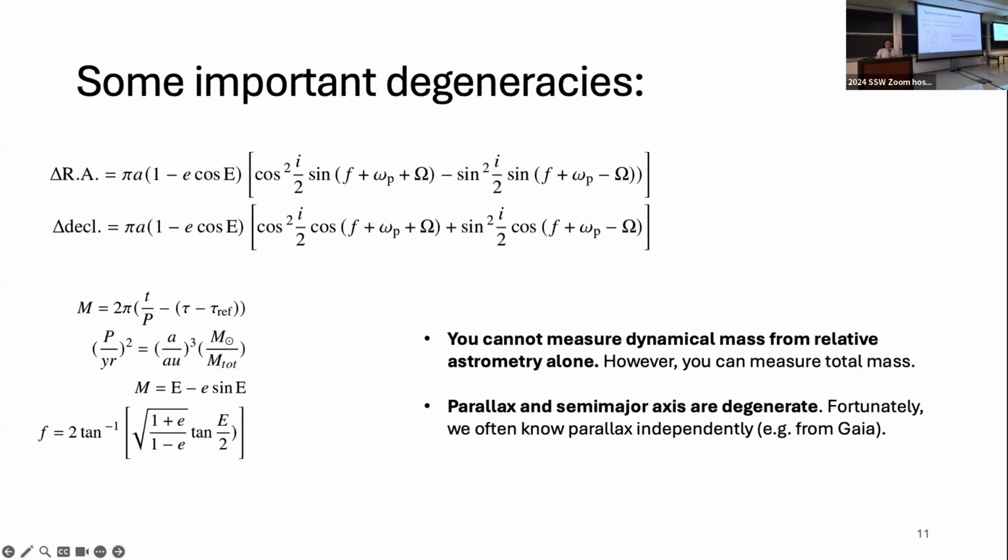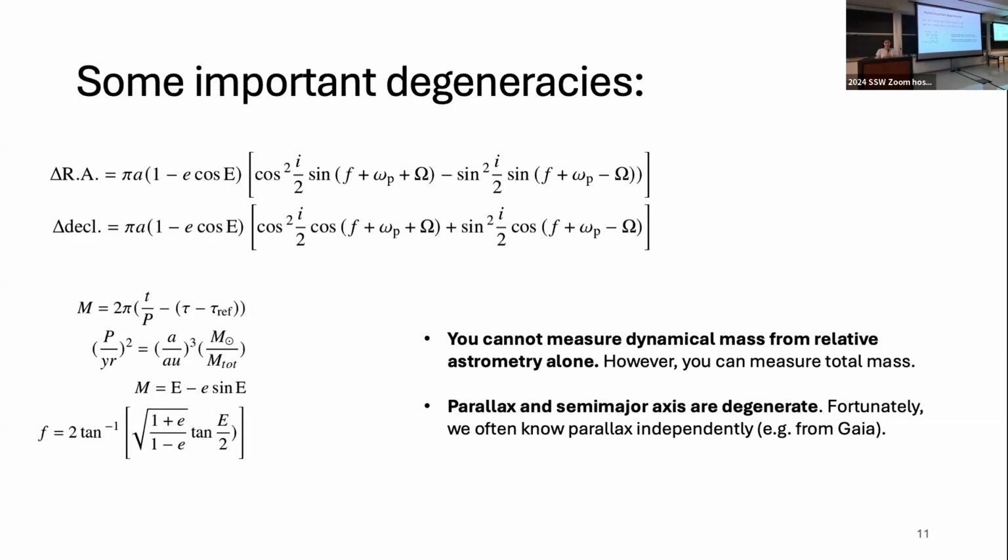It's confusing. All right, so next I want to talk about some important degeneracies. And by degeneracies, I mean things that you can't learn from orbit fitting, particularly from astrometry-only orbit fitting. So I've just reproduced all of these equations that we need in order to solve the orbit, just for reference. The first thing you might notice is that the individual component masses don't show up anywhere in here. The only mass that shows up is the total mass here. So you can't measure dynamical mass from relative astrometry alone. If you only take pictures of your planet and how it's moving, you're never going to be able to get